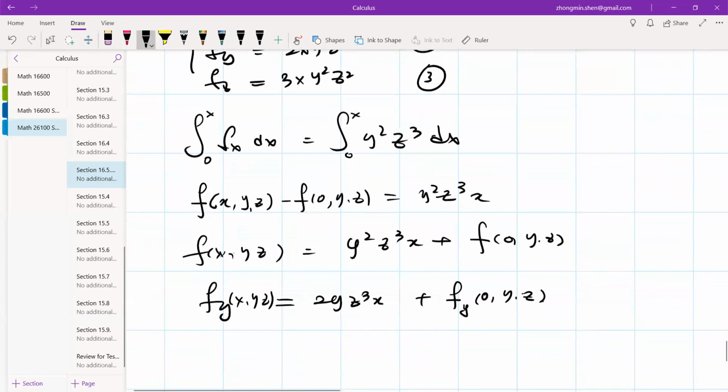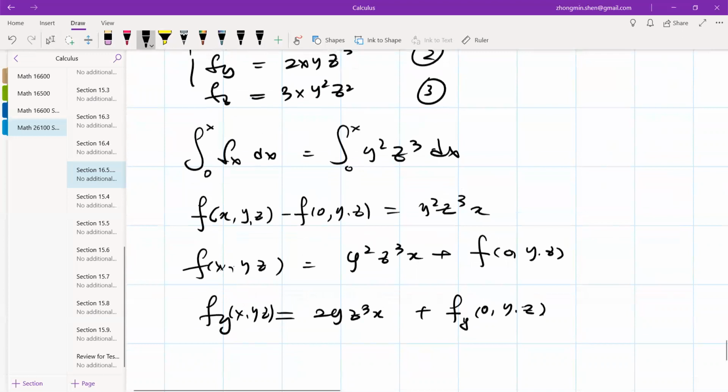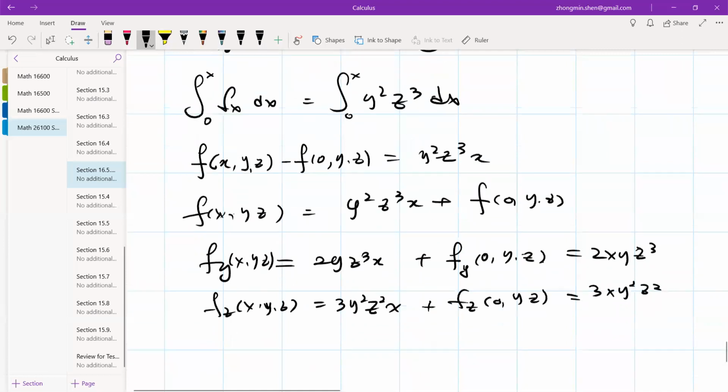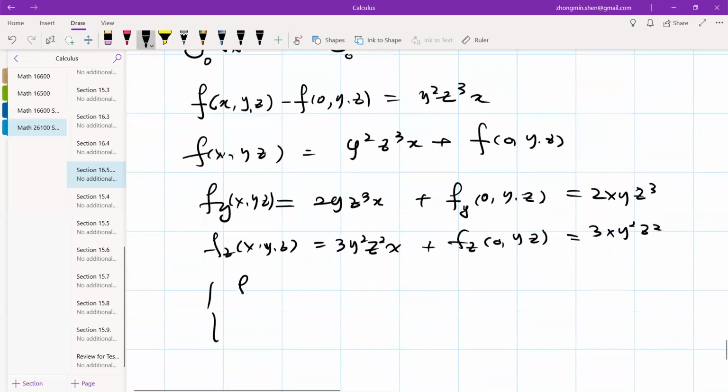According to the given information, you get 2xyz cubed. You can also plug into the third equation. F sub z is going to be 3y squared z squared times x, and this is supposed to be 3xy squared z squared. So after simplifying, you get